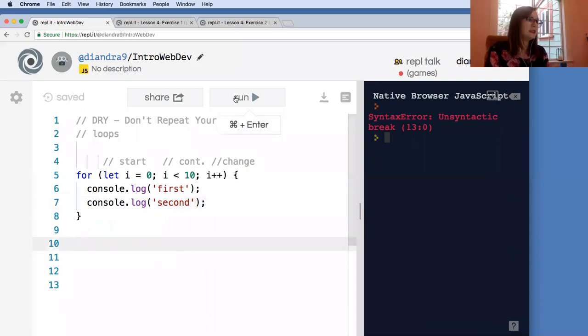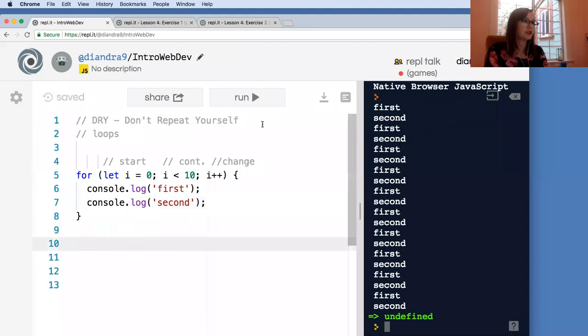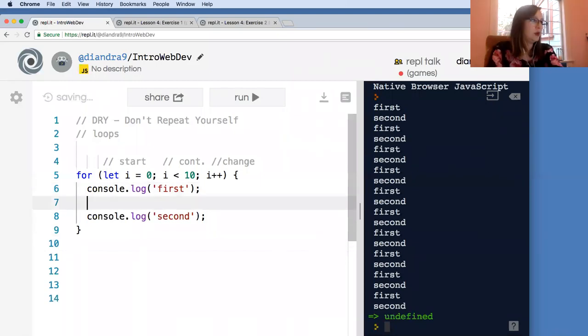If I run this as is, we just get both of these console logs logged out 10 times. But let's say that sometimes we wanted to skip the second one. We might say if i is equal to 5, then